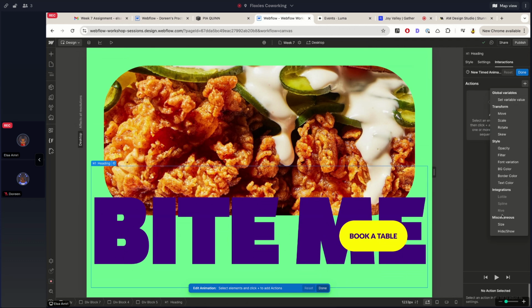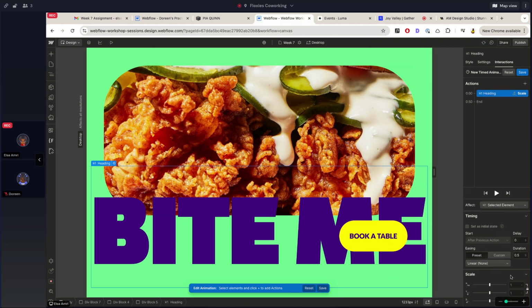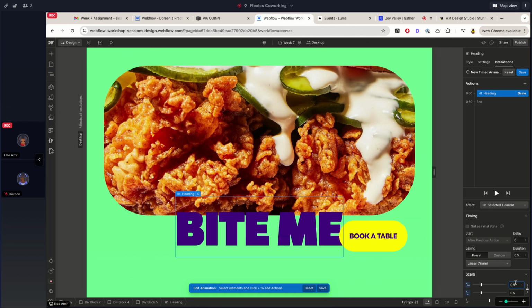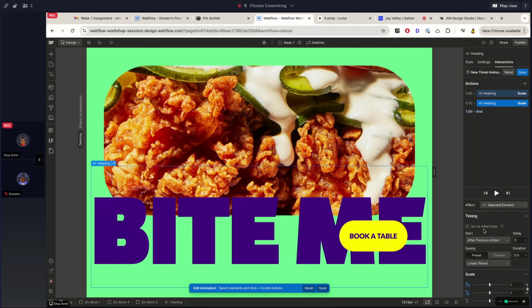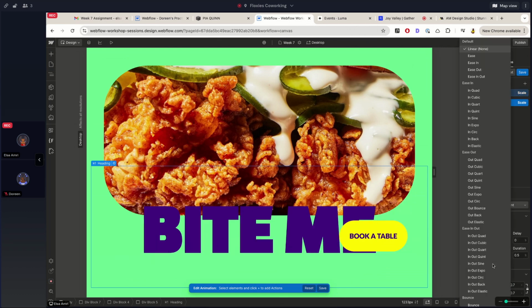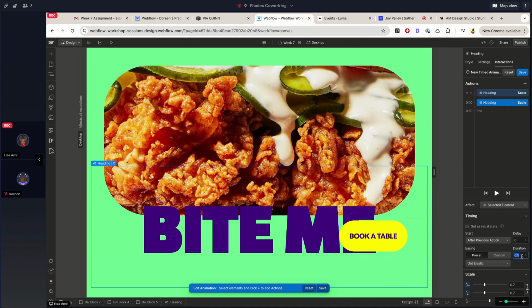So let's add an action. We'll call it scale and we'll say 0.7. So we want it to get smaller. And we'll say the initial state for this is that obviously it's going to start at 1. That's the initial state. And then it will go to 0.7. You can see here we can also set things, and if we preview, that's how it's going to work. So now if I preview,